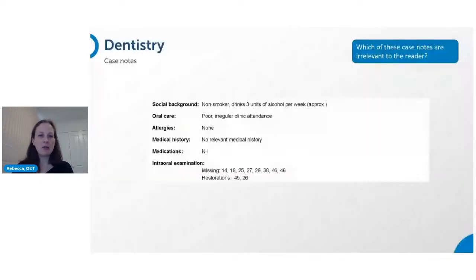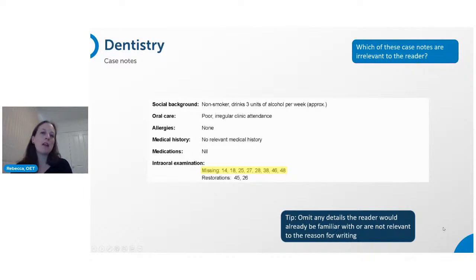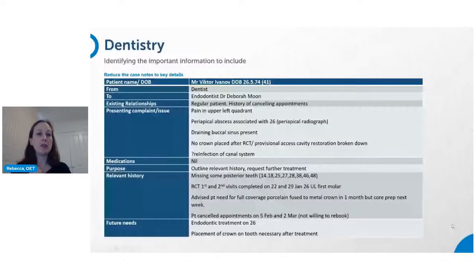Great. So yes, I would agree with you. From these case notes, only the absent teeth are relevant to this reader because we've already picked up the patient's history of poor attendance from the notes at the start of the case history. That is definitely useful information for the reader. But we'd picked that up from the notes already. But the missing teeth are also going to be something that is useful for the reader as well. So in your 5 minutes of reading time that you get in OET prior to the 40 minutes you receive to write your letter, you need to work out the specifics of the situation and the information you need to communicate.